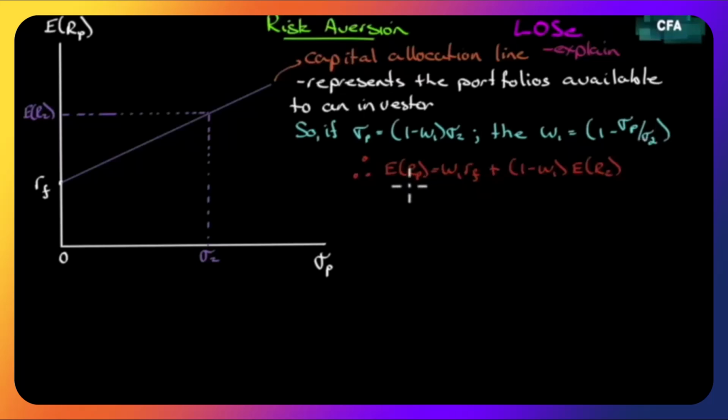Let's remember what our expected return on the portfolio was. It was just a weighted average of the returns on the two assets: W1 times the risk-free rate plus 1 minus W1 times the expected return on the risky asset. Well, we know W1 equals this term here. So what we want to do is substitute this term in for the W1s here and simplify and solve and see what we get. Here's what we're going to get. We're going to get the equation for this line. It's going to tell us what the intercept is. We'll derive the slope of that line, and that slope has a name.